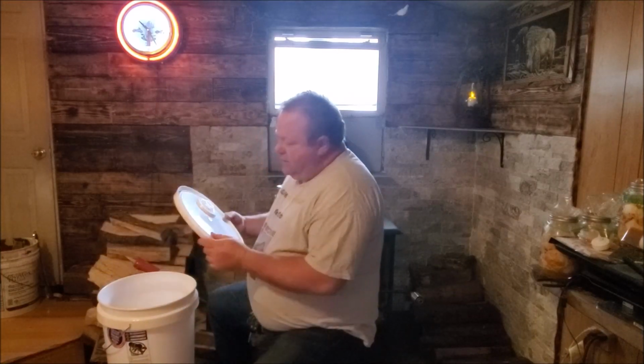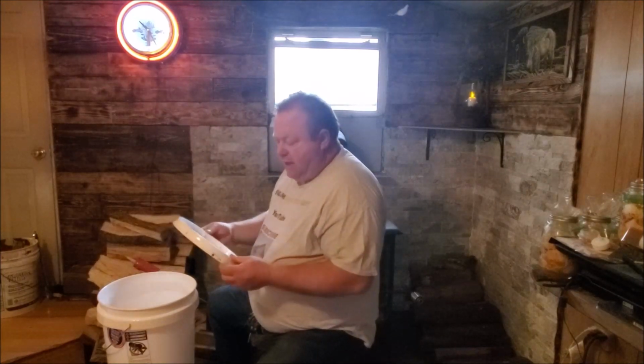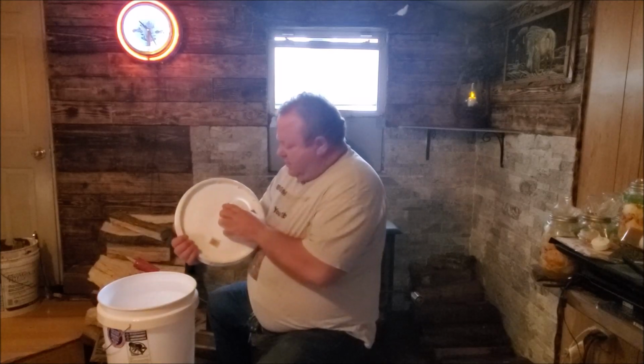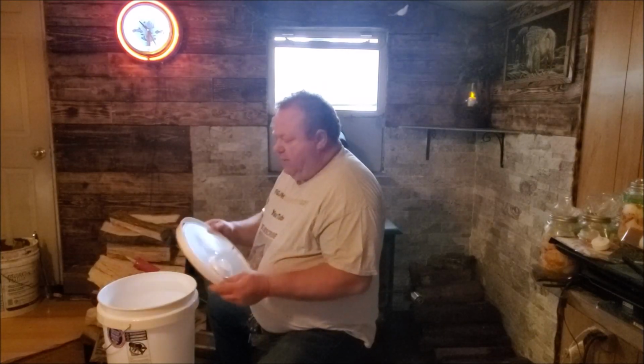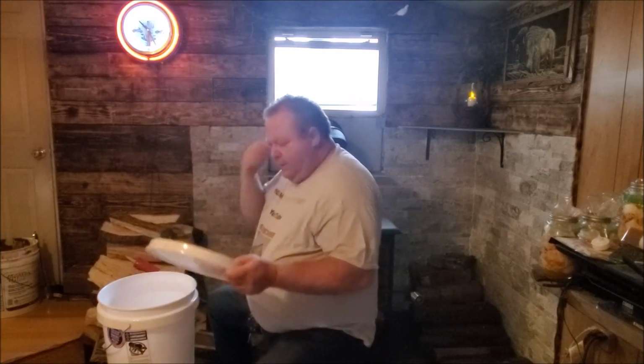But these are from Lowe's. I picked these up. These are like $3.32 a lid. That's a lot better than the gamma lid. There's a high cost lid. Now, this has the pour spout deal if you pull this out, but it's sealed on the inside. And then this has a seal in here too, a gasket. So